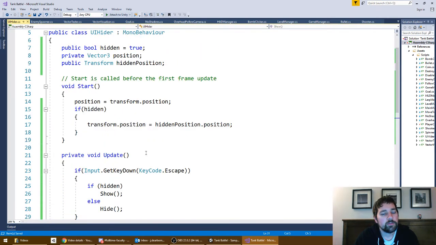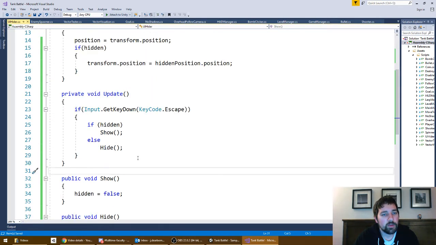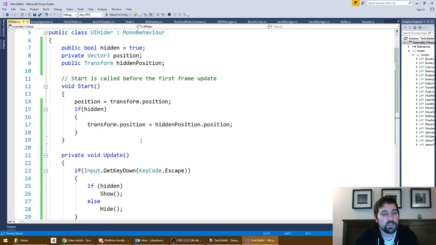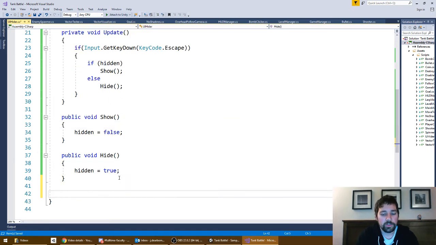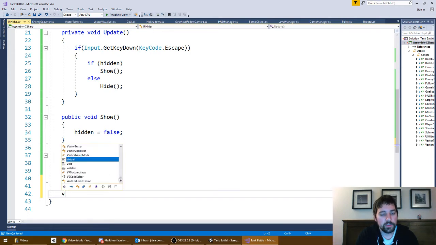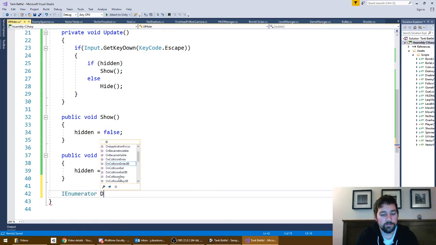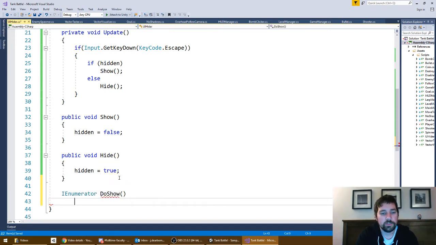And now I need to make the actual animation happen. I want this position to change. The transform.position is going to change over time. For this, I'm going to launch a coroutine from this show function. So let me write that coroutine first. It needs to be an IEnumerator. I'll call it DoShow,